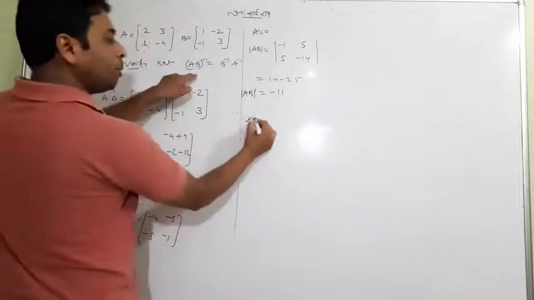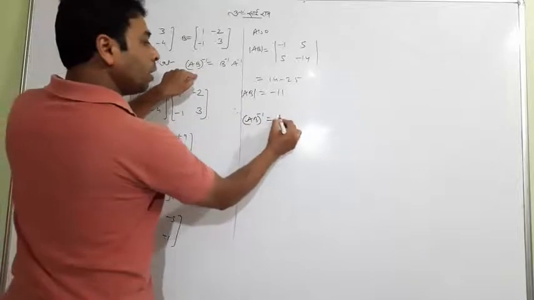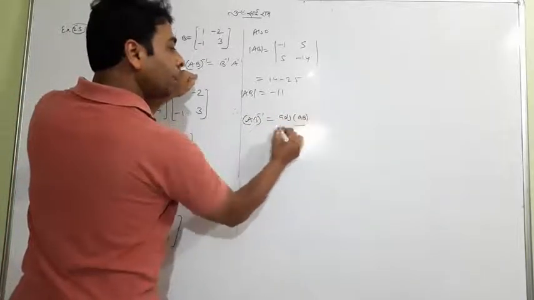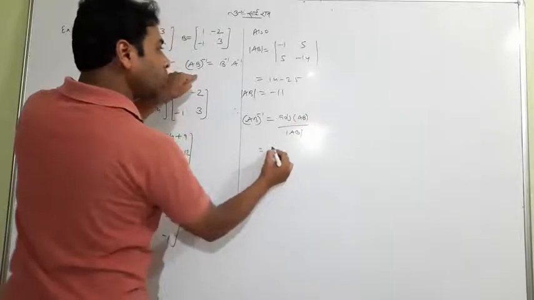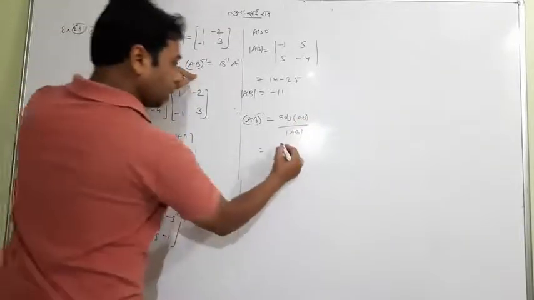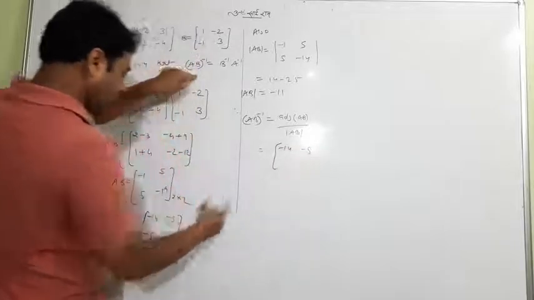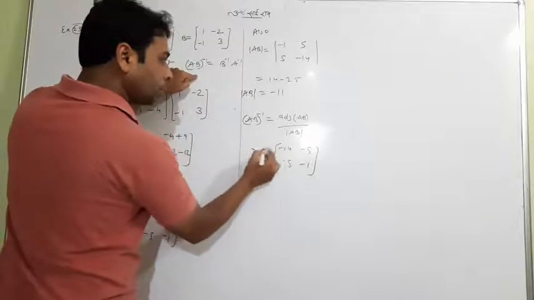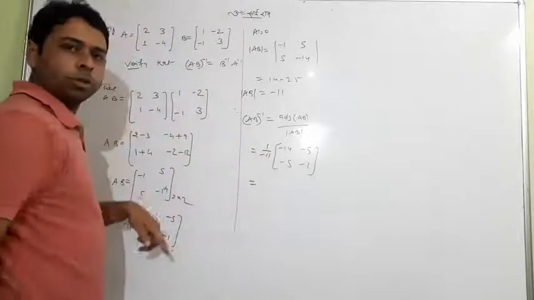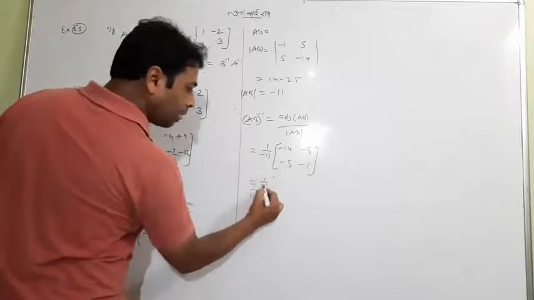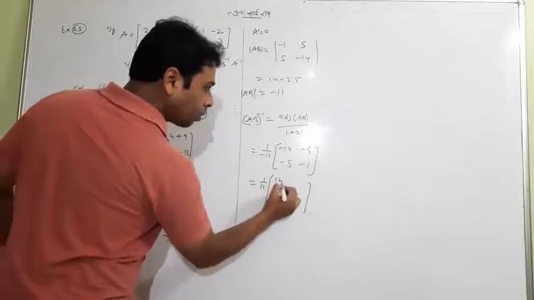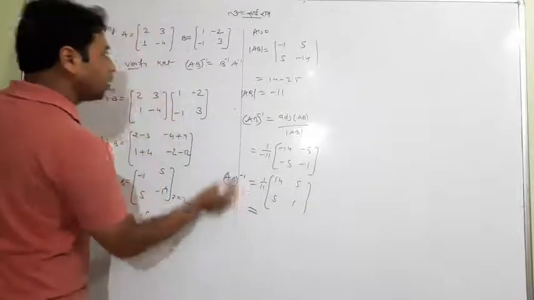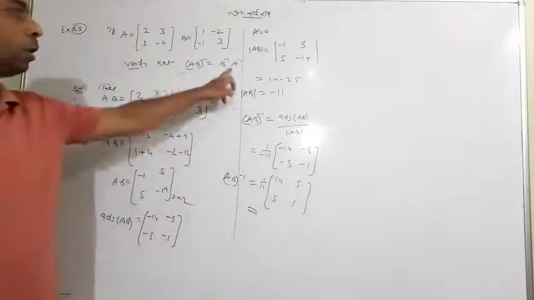Now what to find out? In the LHS it is AB whole inverse. So what is the formula of AB inverse? Adjoint AB upon determinant AB. What is adjoint AB? It is minus 14, minus 5, minus 5, minus 1, upon determinant minus 11. So you can multiply the minus inside the matrix. It's 14, 5, 5, 1. I would suggest you don't do further work. That is the LHS.